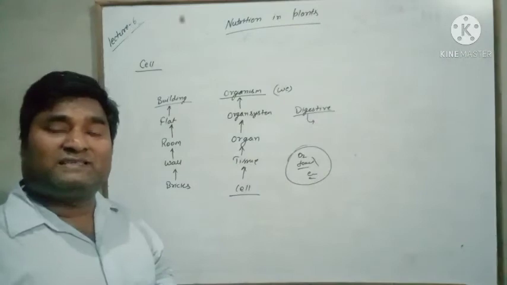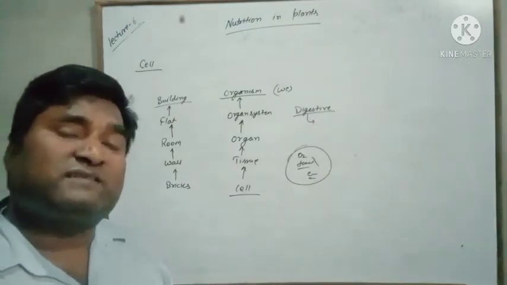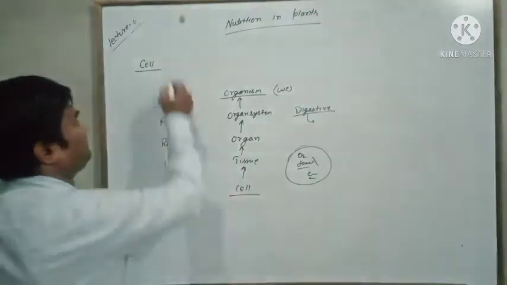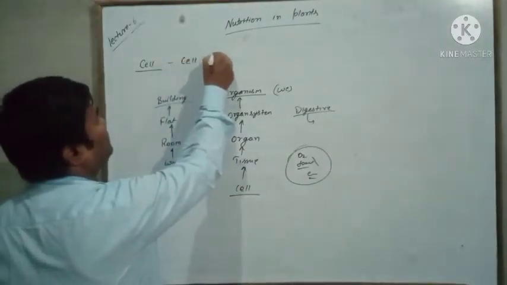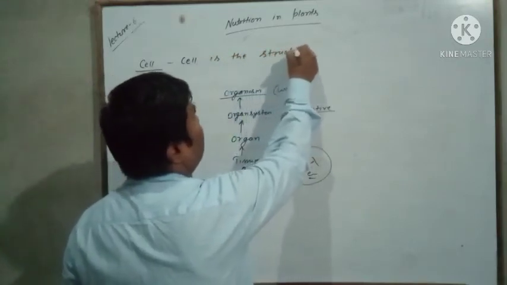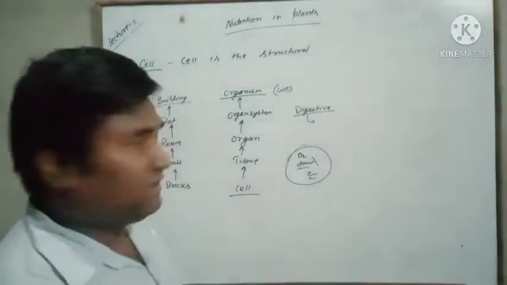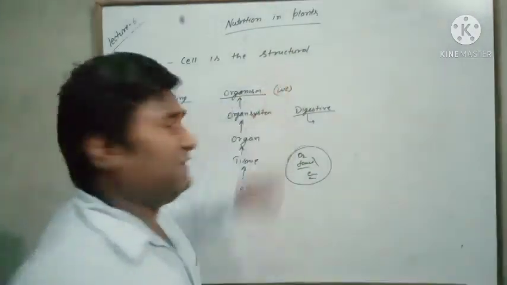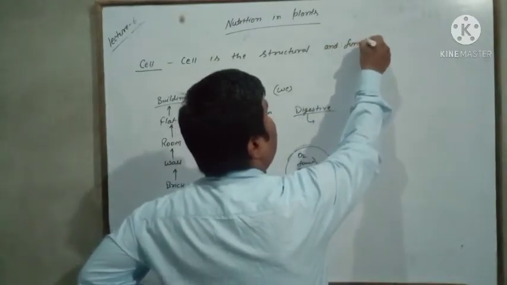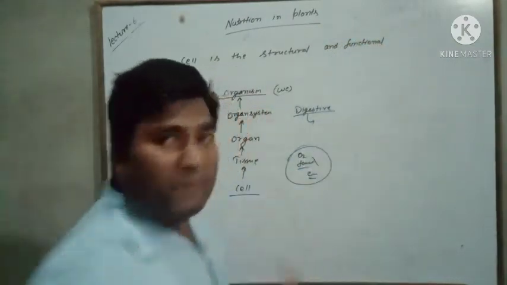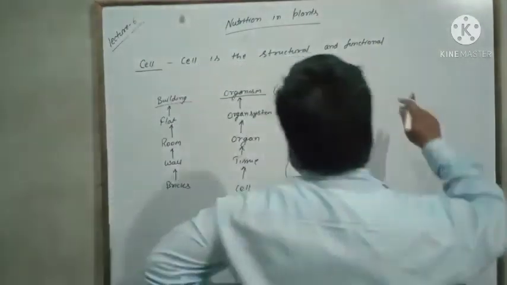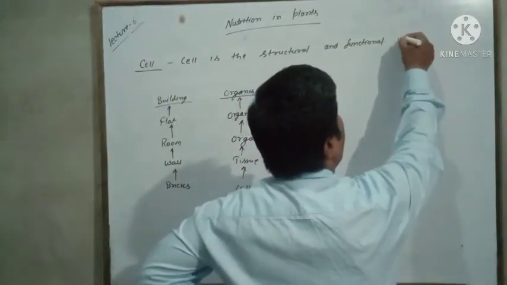So we can say cell is the structural and the functional unit of all living organisms. Cell is the structural, meaning of structure. सेल के कारण ही स्ट्रक्चर है. सेल इज द स्ट्रक्चरल एंड द फंक्शनल. फंक्शनल मीन्स whatever function is performed by the body is done by the cell. So cell is the structural and functional unit